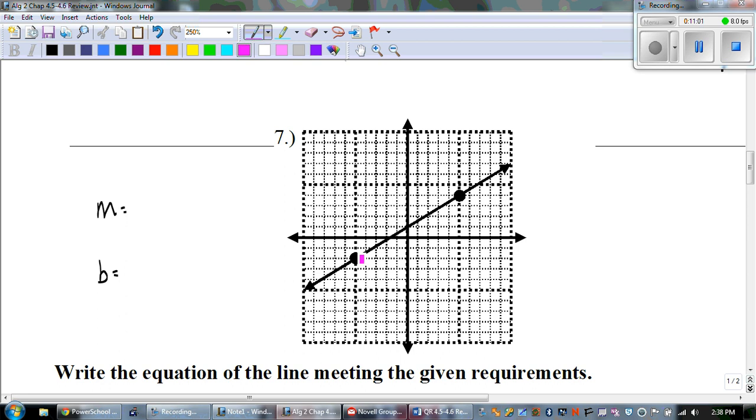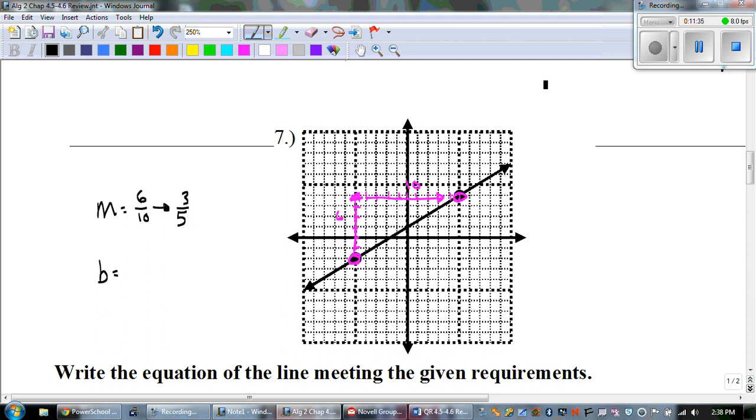Let's do our slope first. Those are my 2 points. I need to know what my rise is over my run. So just count. We go 1, 2, 3, 4, 5, 6. So I go over 6. Then 1, 2, 3, 4, 5, 6, 7, 8, 9, 10. Over 10. So 6 over 10, but does that reduce? Yeah, it does. 6 over 10 reduces to